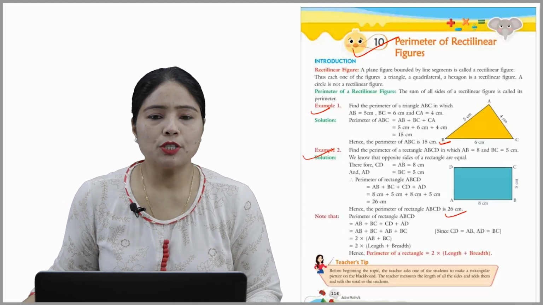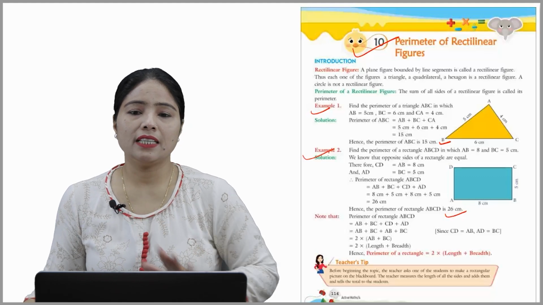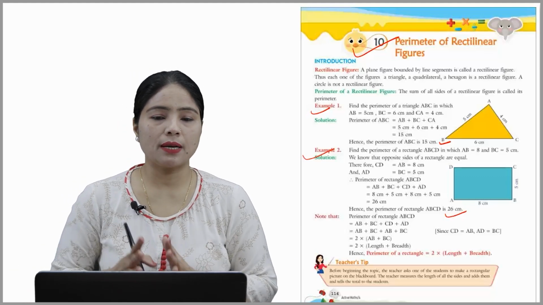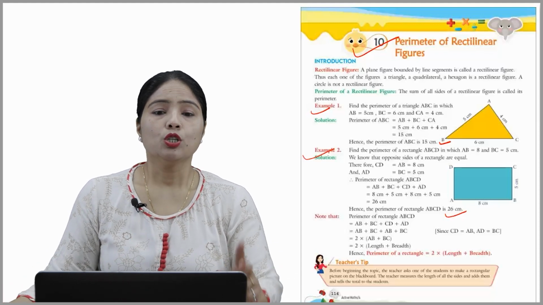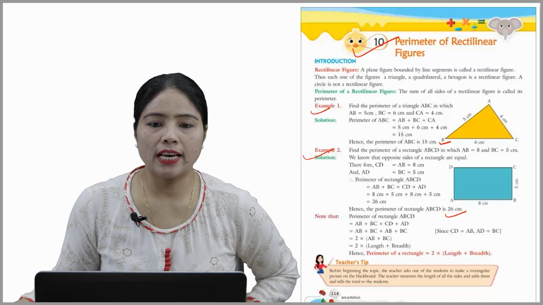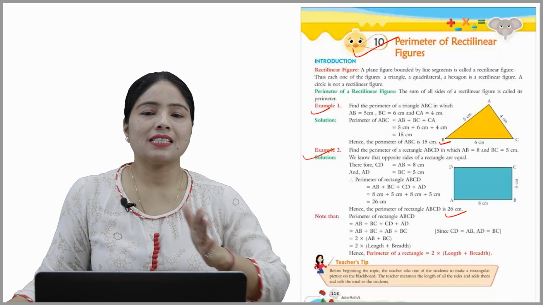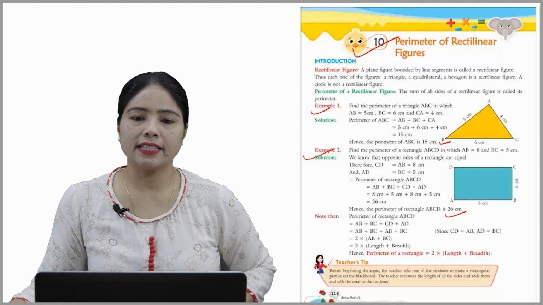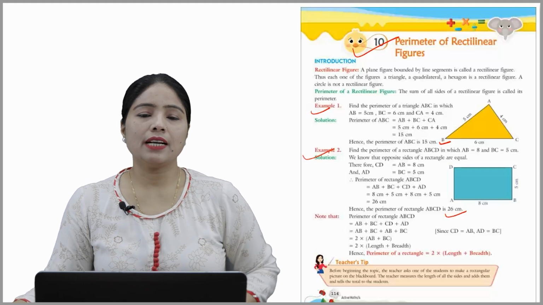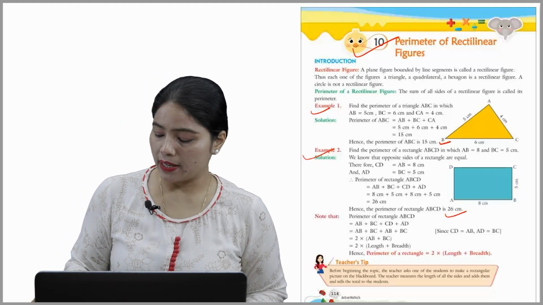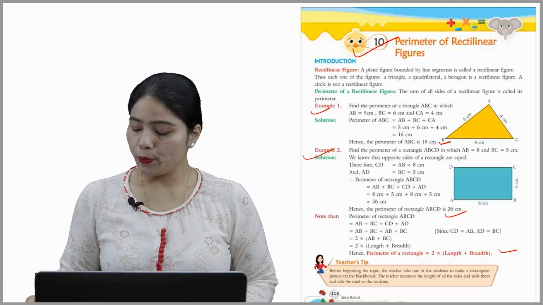Note, perimeter of rectangle ABCD means AB plus BC plus CD plus AD. So its formula can be made as 2 into AB plus BC. Okay, because 2 times is repeating here. So we just take out 2 as a common and add it, L plus B. That means we add length and breadth. Now multiply with 2. So that means the formula for perimeter of a rectangle we get is 2 into L plus B, beta. Okay. Hope you understood.